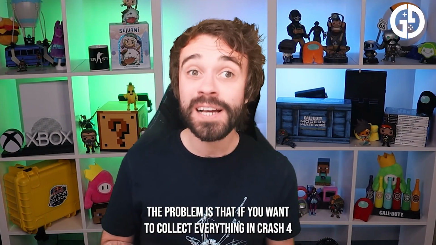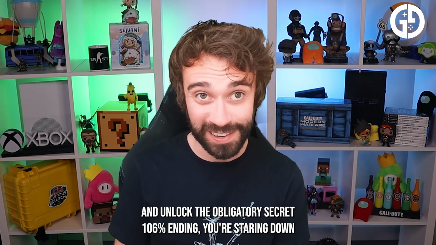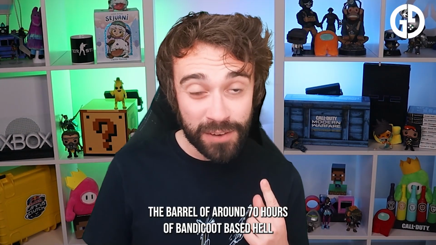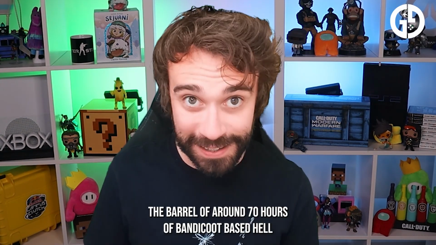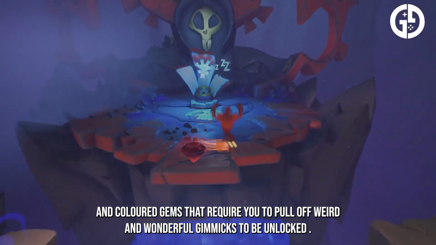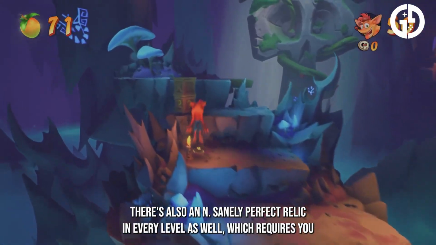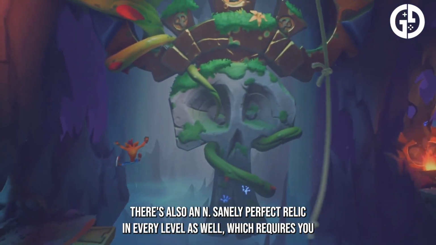The problem is that if you want to collect everything in Crash 4, and unlock that obligatory secret 106% ending, you're staring down the barrel of around 70 hours of Bandicoot-based hell. Not only are there now 6 gems in every level to unlock, and coloured gems that require you to pull off weird and wonderful gimmicks to be unlocked,